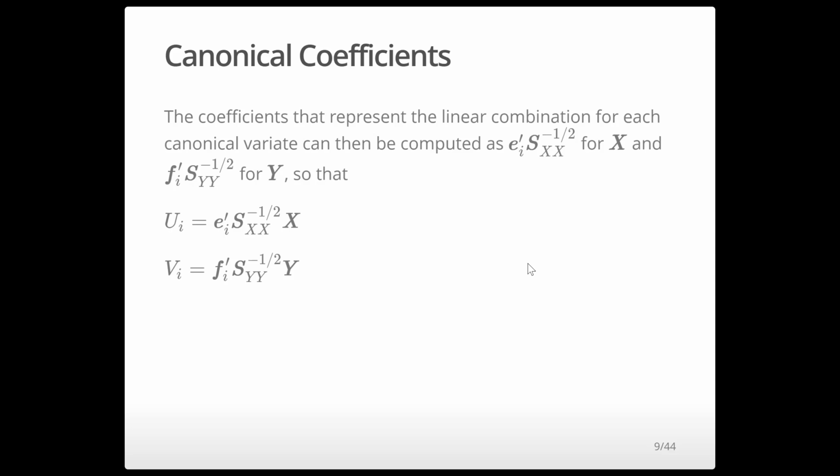That way we get our U canonical variates for our X matrix as E transpose times S_XX inverse root times the original data X. So that gives us each U_i, and V_i the same thing for the F eigenvectors and the Y data and the covariance of the Y